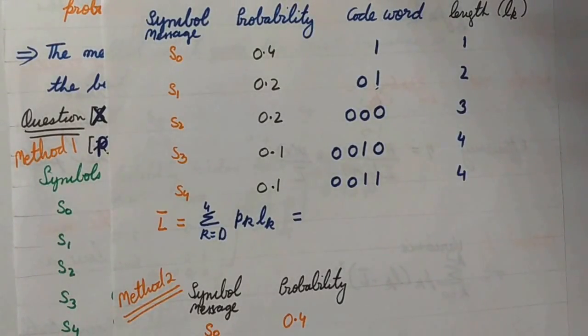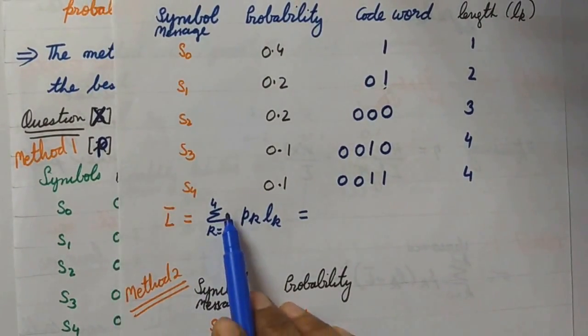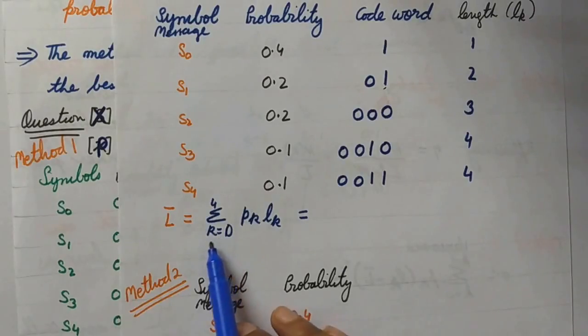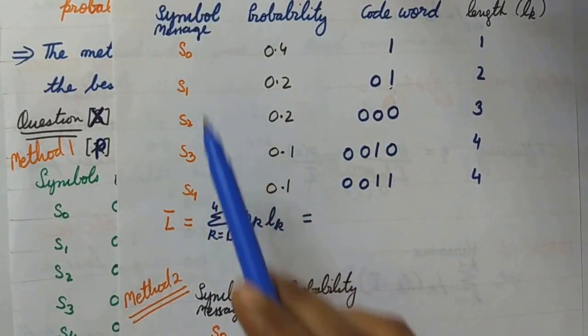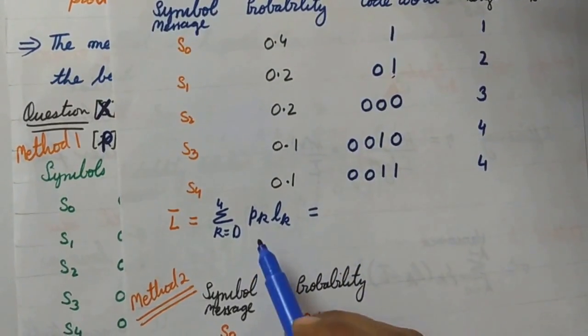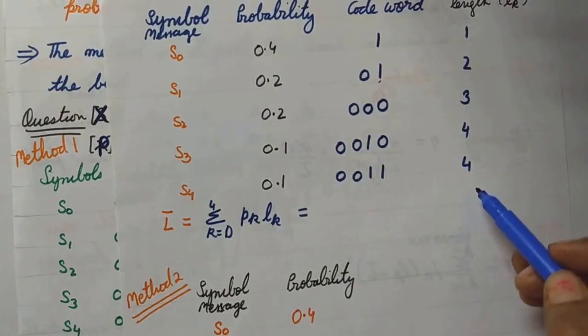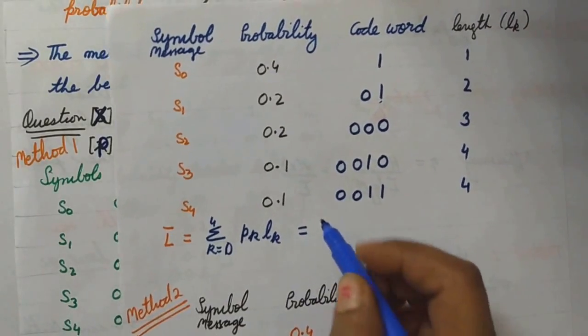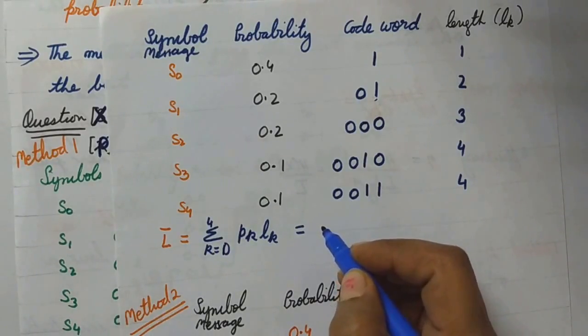And now you can calculate the L bar, which is the average length of the code, and you know the formula for that: summation k from 0 to 4, since S has a suffix from 0 to 4, of pk into lk. Lk is the length of the code. So here pk into lk will be added up for all the 5 messages, and we'll obtain it as